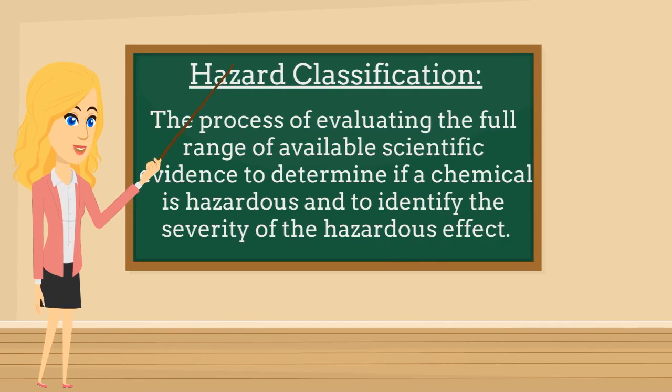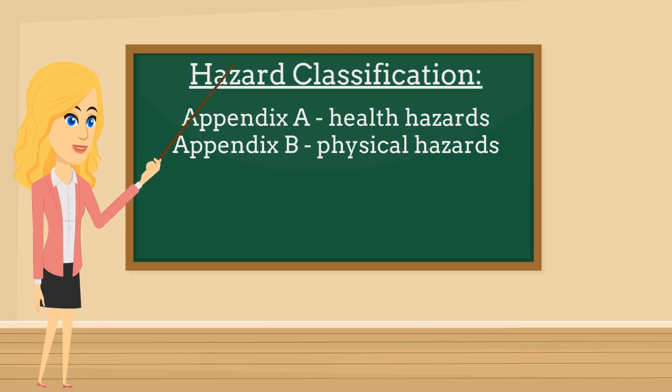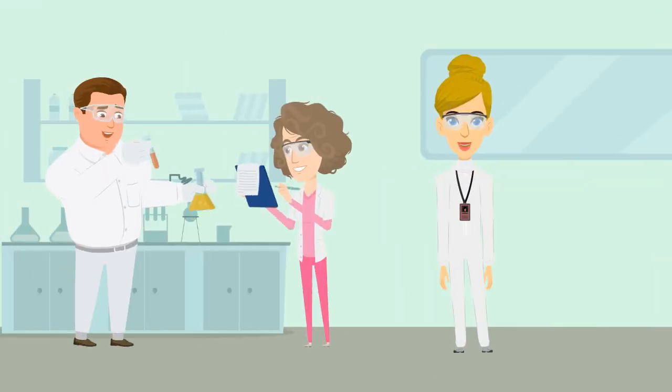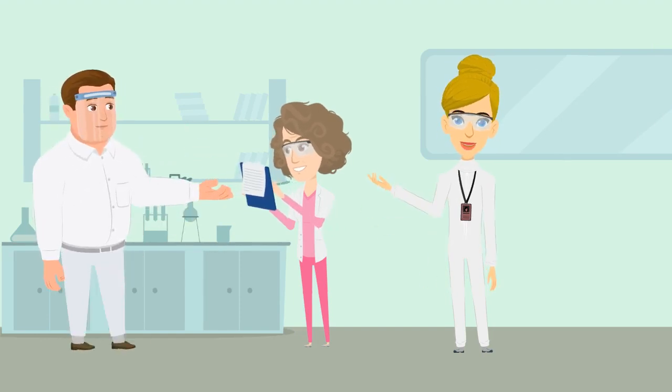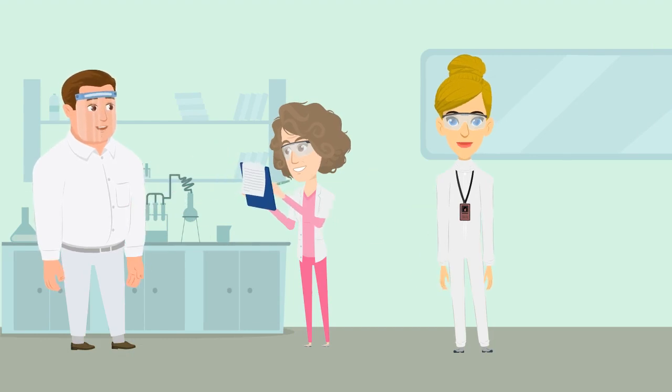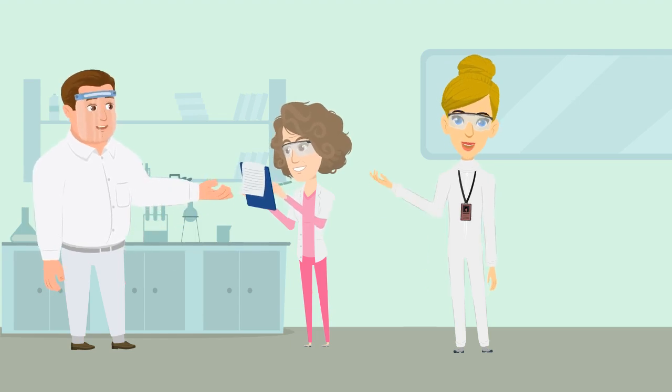Hazard classification is the process of taking available data to evaluate in order to determine if a chemical is hazardous and how severe that hazardous effect is. In the HCS, Appendix A and B provide information and criteria to classify the hazards of hazardous chemicals. Appendix A informs on health hazards while Appendix B informs on physical hazards. Only chemical manufacturers and importers are required to perform hazard classifications on the chemicals they produce or import. If a distributor or employer is concerned about the adequacy of the hazard information they receive, they can choose to